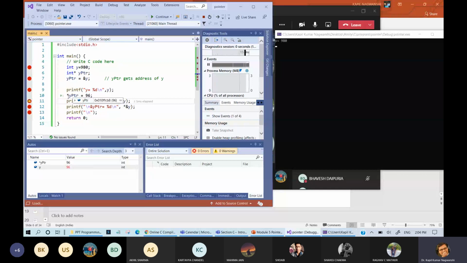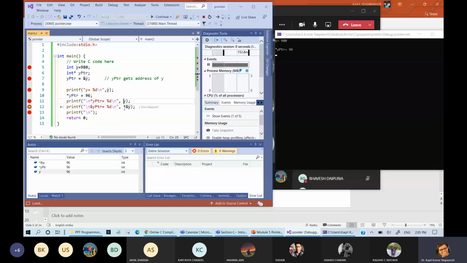After that I had written star yptr equals 96. Now you can see that the value of y pointer is changed and the value of y is also changed. Now it will print 96 when I press continue. So the same y is 96. Actually this is y. Just try to write this y and concentrate over here. Don't go to the left hand side, which is shown as I write it.